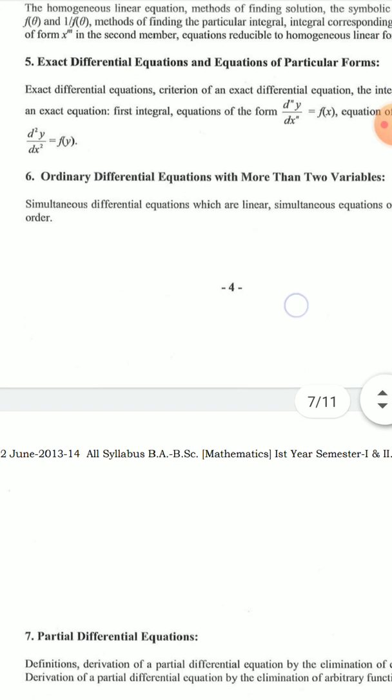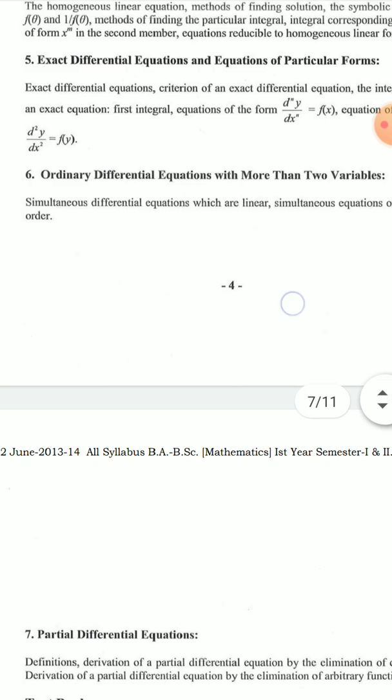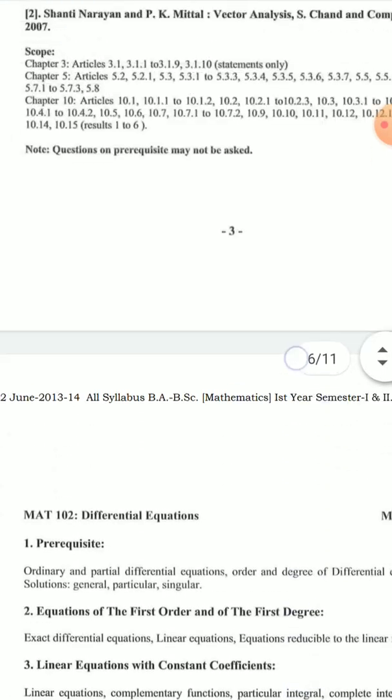In the next chapter, we have to study exact differential equation. In the first chapter also, we study exact differential equation, but that is about the first order exact differential equation. In chapter 5, we have to study the exact differential equation having order more than one, second order, third order, like that. Sixth chapter